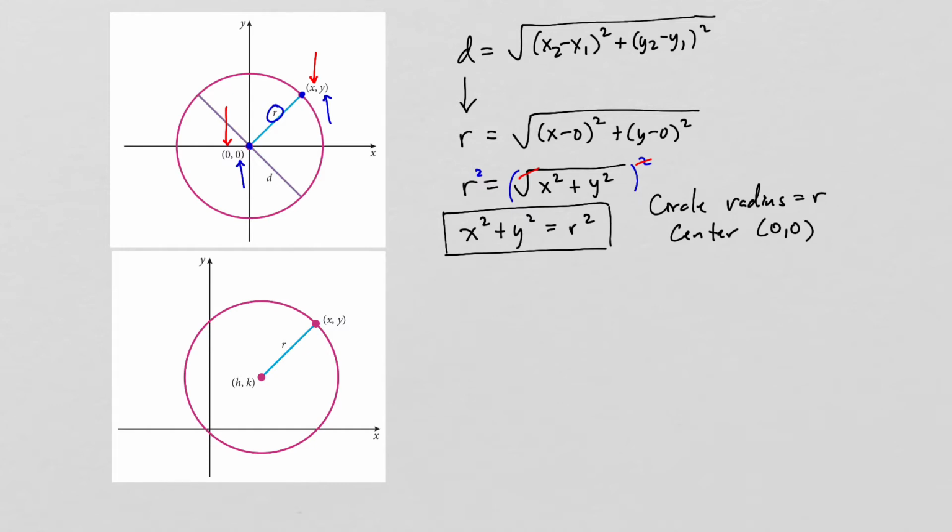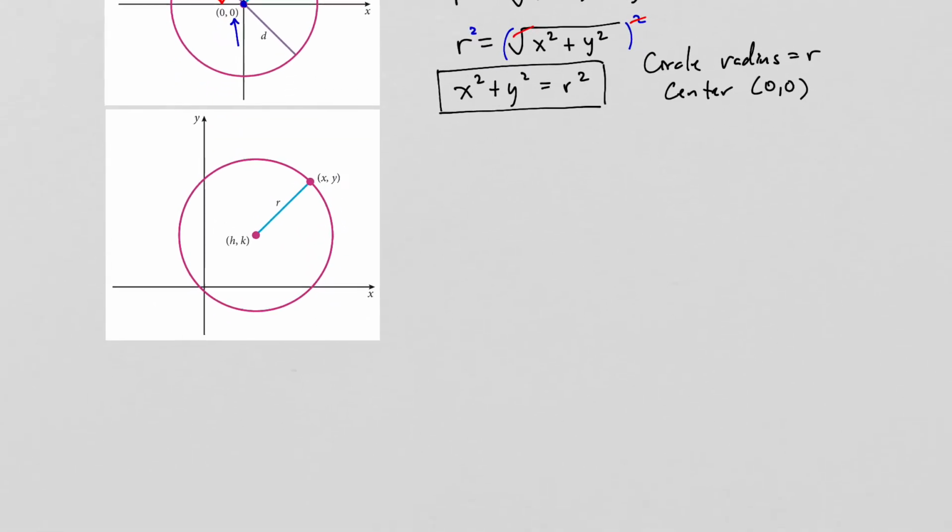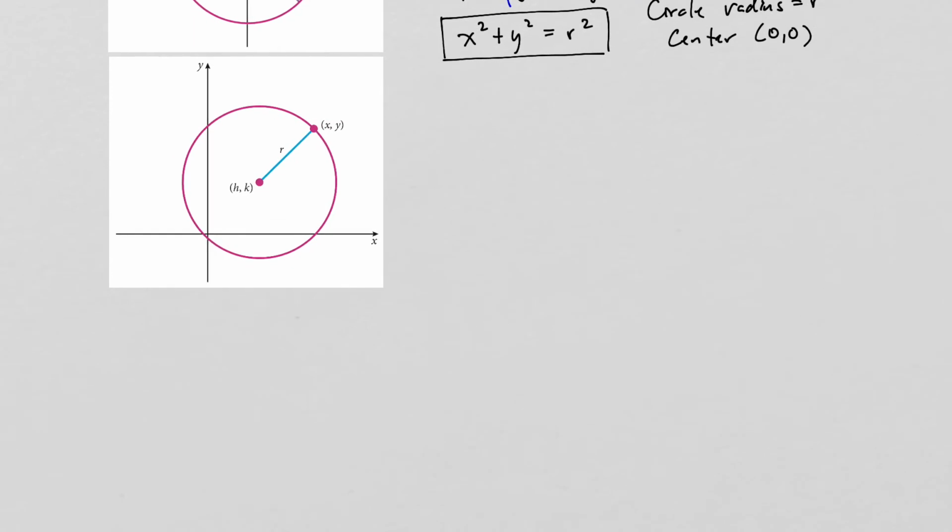So what we'd like to do next is find the equation of this circle. And you'll notice that the difference between the two circles is that now the center of the circle is no longer at the origin. It's at some point that we're calling HK. So we approach it the same way. We're going to say the distance between these 2 points is the radius of the circle R, and that distance